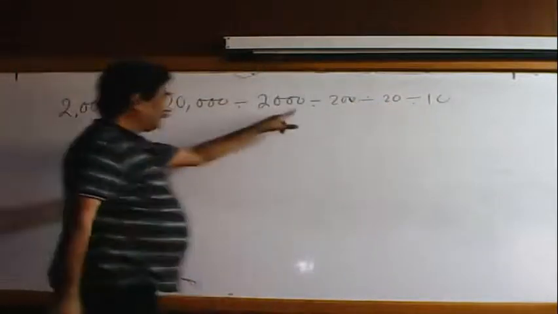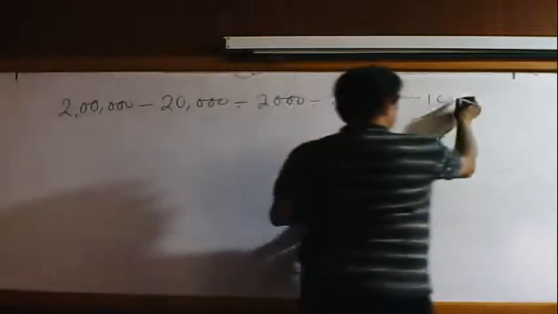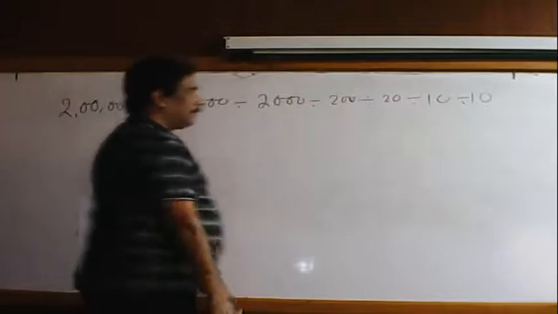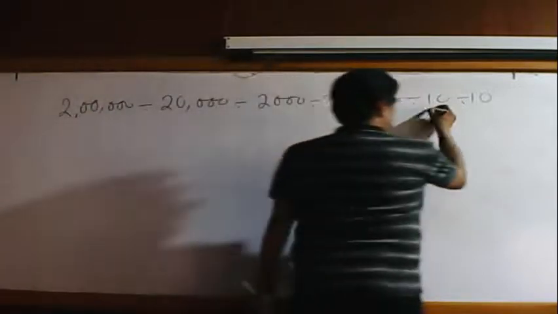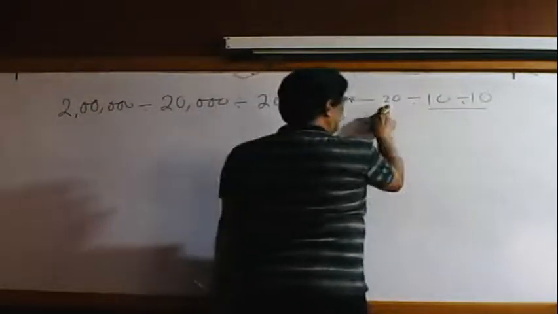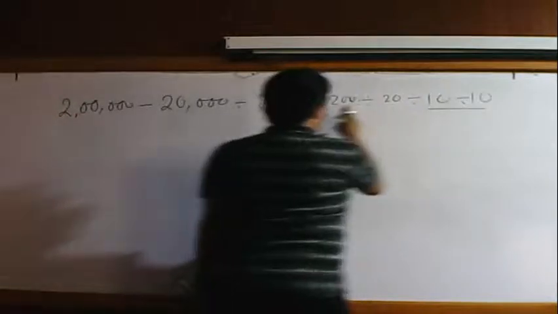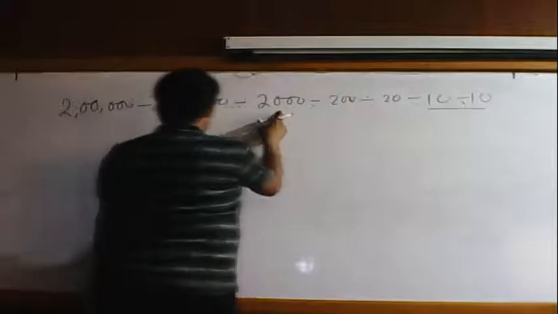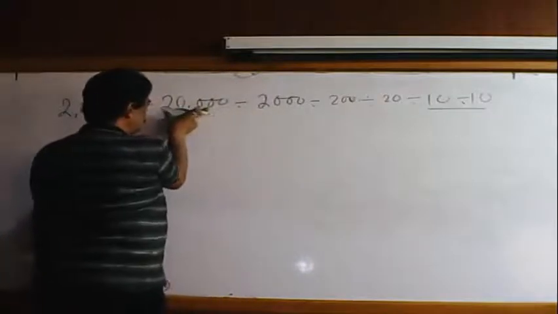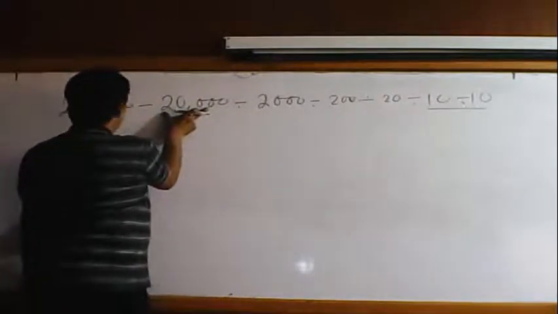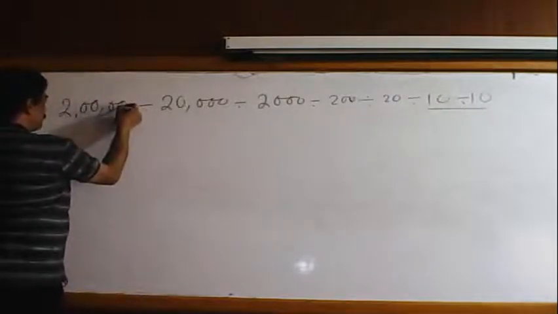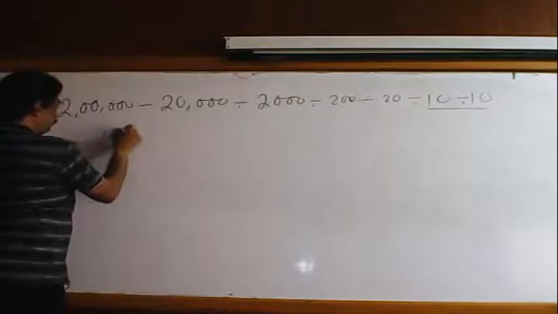1 times, 2 times, 3 times, 4 times, 5 times, say these 6 times division. And you have to find out what the answer is. Division always starts from the right side. 10 by 10 is 1. 20 by 1 is 20. 200 by 20 is 10. This 10 means 200. Now 200 means two zeros cancel, 100. Now this 100 means two zeros cancel, and this is 1000.